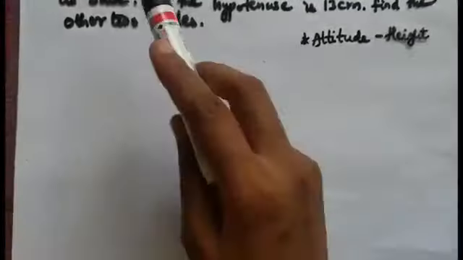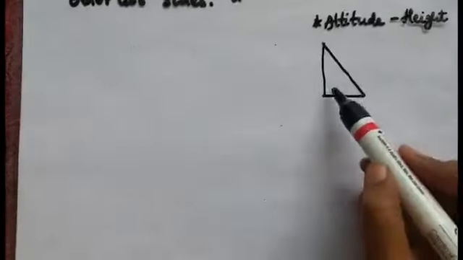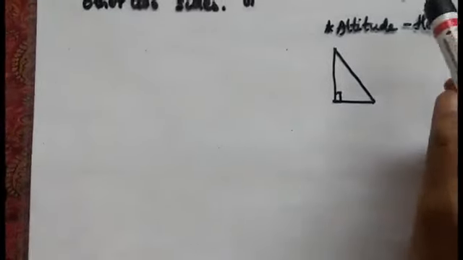Okay. Now the altitude of a right angle triangle, I'll just give you the shape of a right angle triangle. This is the shape, this is the right angle. And what he is trying to say is, the altitude of a right angle triangle is 7 centimeters less than its base. And this is the base, right? And we don't know the base. So we will first assume it like this. And how is the altitude? 7 less than base. And what is the hypotenuse they have given? 13 centimeters. So this is how the whole information goes. And since it is a right angle triangle, we all have to use Pythagoras theorem to answer this.